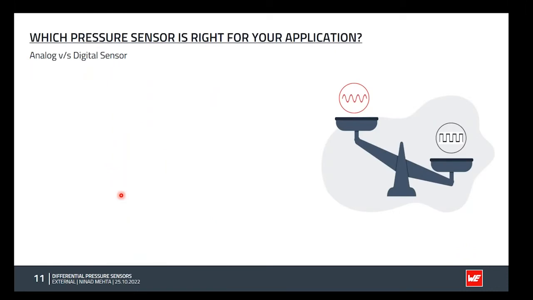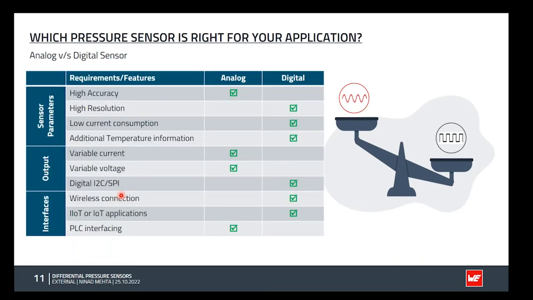Then we can also compare different sensors based on their output. Usually the integrated pressure sensors have analog or digital output, and it is important to see what kind of application I'm going to use these sensors for, and based on that I can choose the output, whether I need a digital output or an analog output. For example,